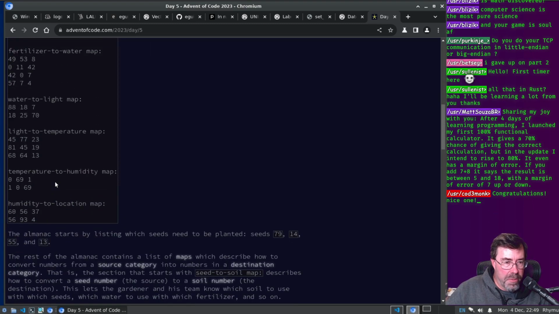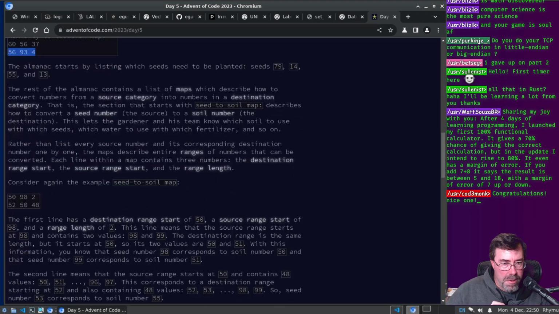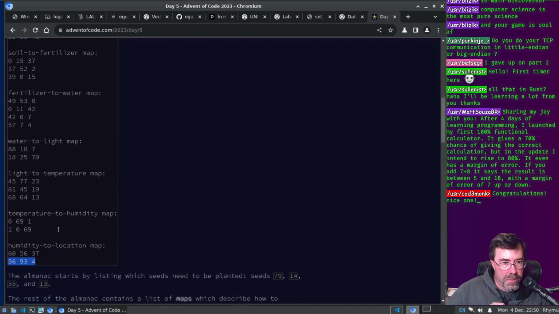So you could probably speed this up by doing that, right? Just by making a guess that you want a seed that ends up in the lowest range of the output, because anything that ends up in the higher range is not going to be the right answer if there's anything in the lower range. That's just a guess, though. I could be completely off base there.